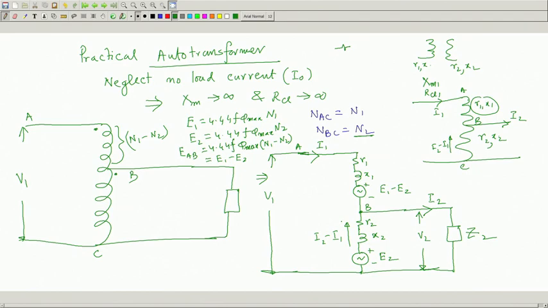So, therefore, the moment load is connected, some I 2 is flowing, it will draw some current I 1, and this time R 1 X 1 R 2 X 2 is present. I cannot easily say how much current it will draw by balancing output power and input power, because there will be power loss in this element as well. It is slightly complicated, but one thing is clear, the MMF balance, that rule must prevail. If this portion carries winding, this portion cannot remain silent. Therefore, I will say, and these two are dots.